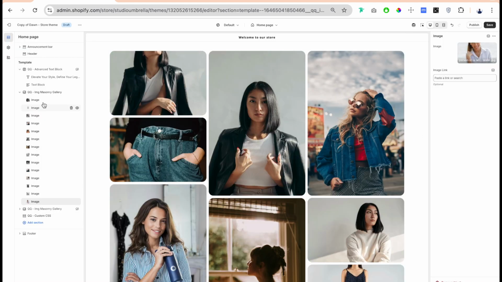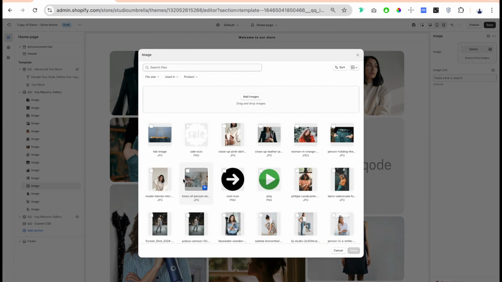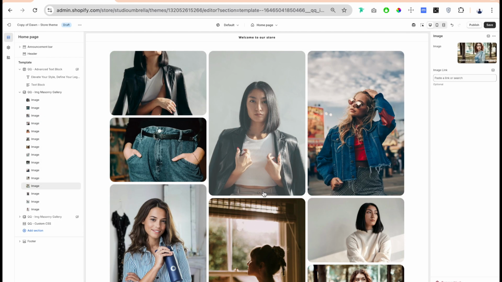Okay, by default, the section has 6 images, but you can add as many as you like by clicking in here at the bottom or in between images, this plus icon. So for example, if I click here, we add a new block to add the image. Let's add one more. Okay, now that we have the images, let's go to the section settings to style the